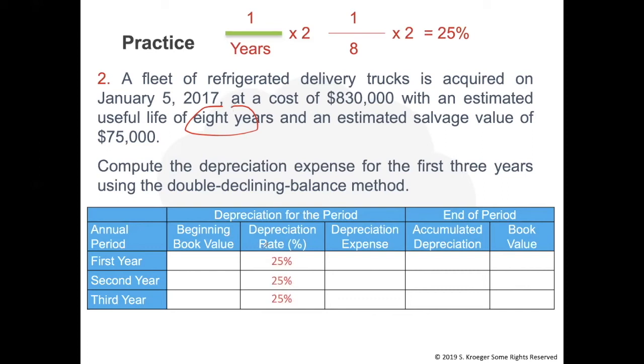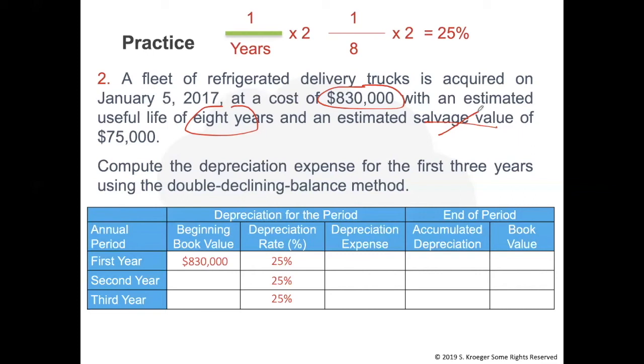I put that in right now under the column depreciation rate. We're going to use this table to help us figure out the depreciation expense each year because it's very helpful to use this. We want to put in the beginning book value, which is $830,000. Just so you know, for this method, we ignore salvage value at the beginning. We're going to need it in the last year, but at the beginning, we do not subtract the salvage value from the cost. We only do this for the other methods. For this method, we don't. We just put in the